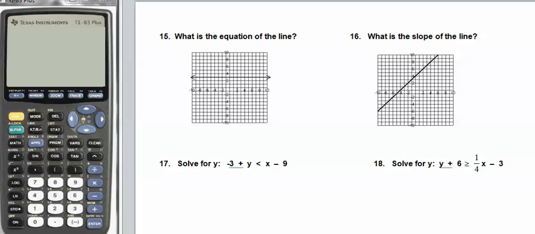Alright, page 2 of the second semester review. So, this one is going to be y equals 3, so 1, 2, 3. So no matter what x equals, y is equal to 3. So the slope of this line, so we come in here,